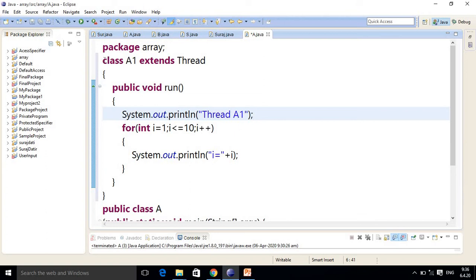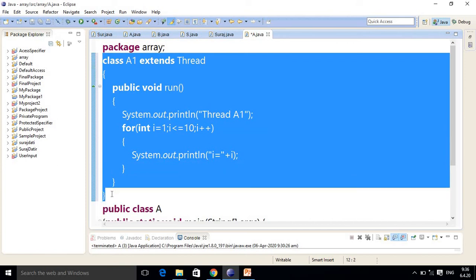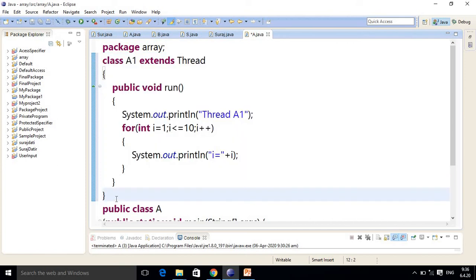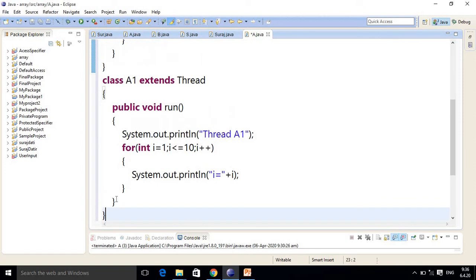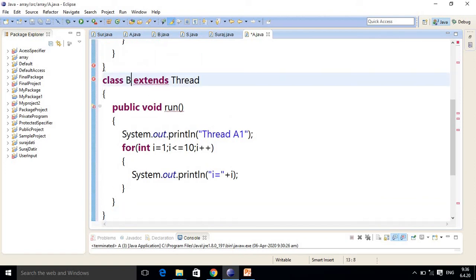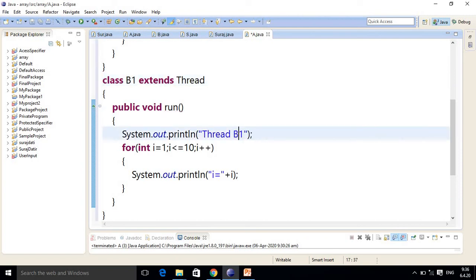Now we just copy this code and paste it. Then I simply write B1 here, and here also B1, and in place of i I use other variables so that you can easily understand the output.